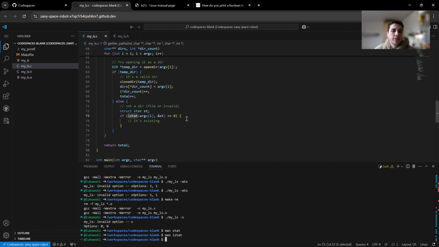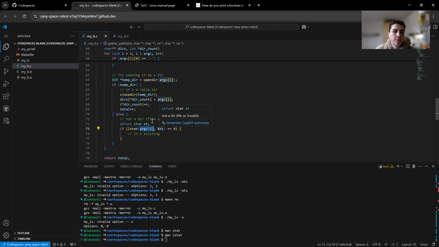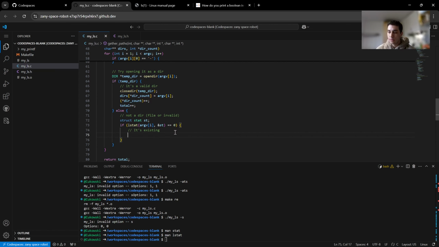Okay, so in this case we are checking if it's existing, which means with stat we are giving the argument i, which will be our file, and it checks the buffer stats, and if it equals 0, that means it's existing. It returns 0 on success. So it will be a non-directory, and